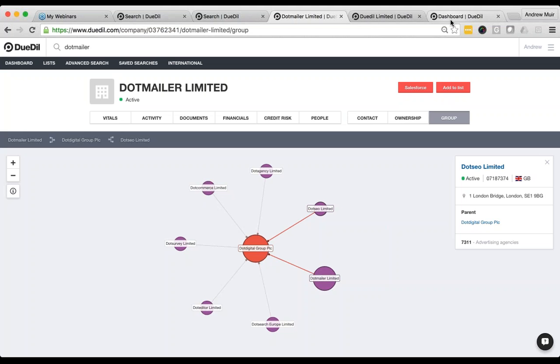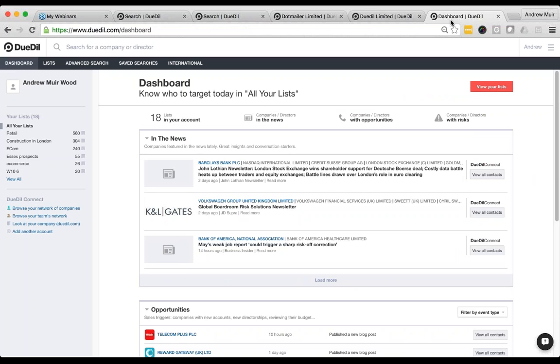I'm just going to finish, conscious of the time, with the dashboard. Now, we put all these companies that we selected earlier in a list. And the idea of the list in DueDil is that the data is actually going to stay fresh compared to an Excel. You can, of course, export to Excel if you want. But the idea with the list is that you'll be constantly feeding from live company information. So if they change activity, if they publish new accounts, or if they go into liquidation, you'll see that from your list right away.